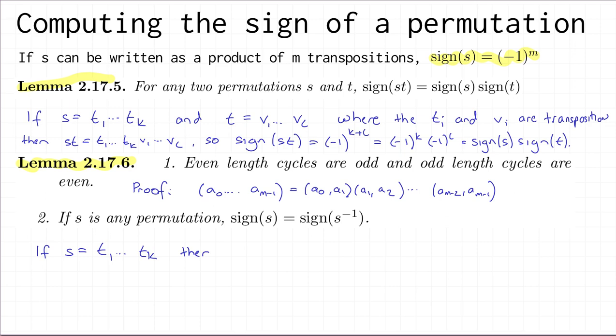well then, what's S to the minus 1? You know how to find the inverse of a product. If you have the inverse of A times B, then that's B inverse times A inverse. So you just take the product of the inverses in the opposite order. So S inverse here would be Tk to the minus 1 times Tk minus 1 to the minus 1, all the way down to T1 to the minus 1. But these things are transpositions, and transpositions have order 2, so they are their own inverse. So this is just Tk times Tk minus 1,